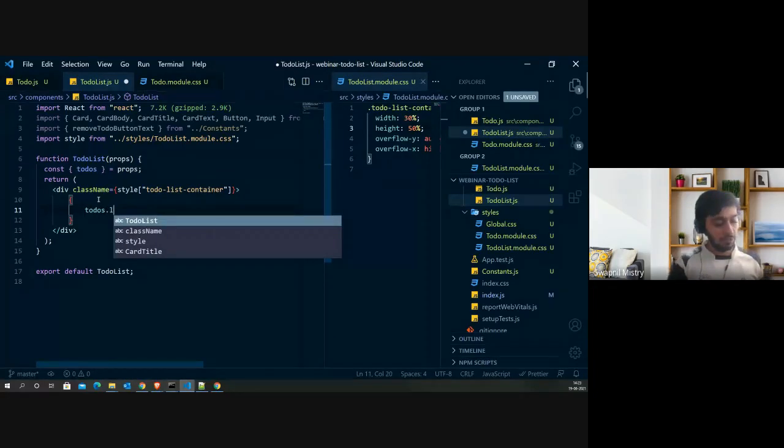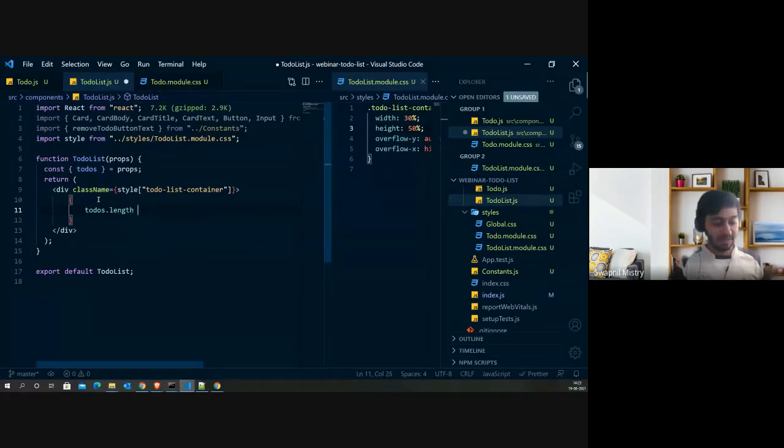So if we'll check whether length is there or not, which means there exist some to dos in our list. So if length is greater than 0, what this signifies is that whatever you specify inside this will get executed.